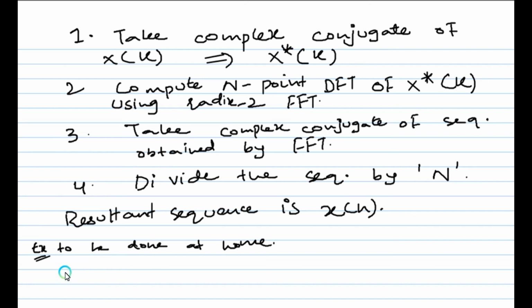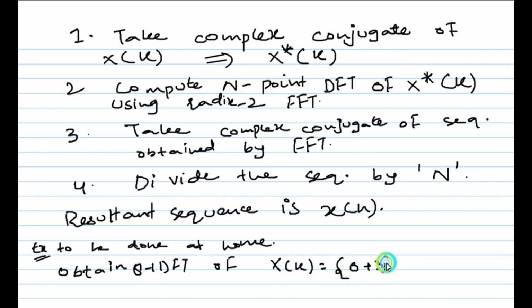So you will obtain the 8-point IDFT of x of k equivalent to 0 plus 3j, 1, 2, 5, 0, 6, 1, 4 plus 3j,